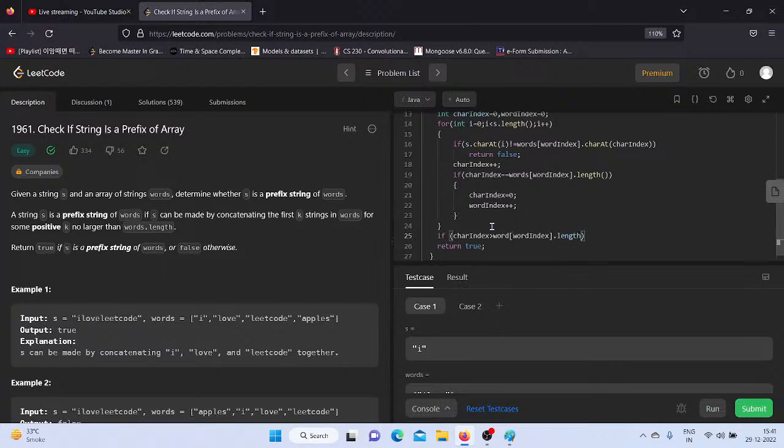It hasn't completely passed it, right? Less than, not equal, what length? Then